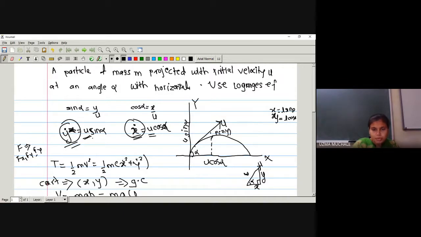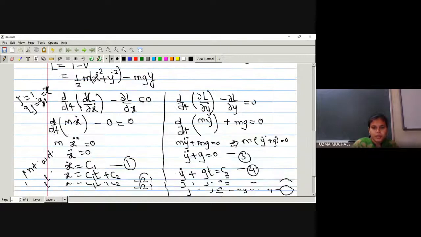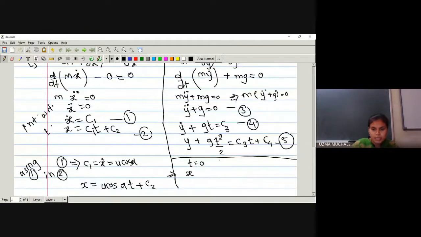After some time t, you move. That means when you project the particle, it goes to some height. Okay, if you are going to project, then only it will have some time. So at t equal to 0, what will be the value of x? X is also 0. So this equation will be,